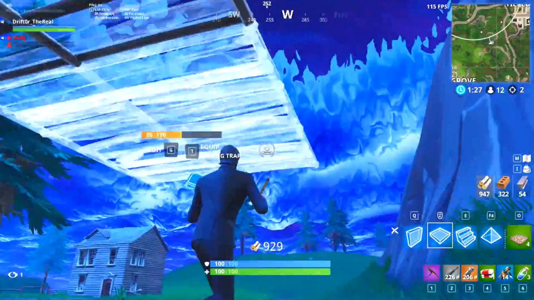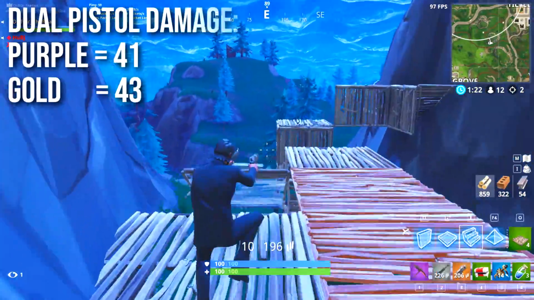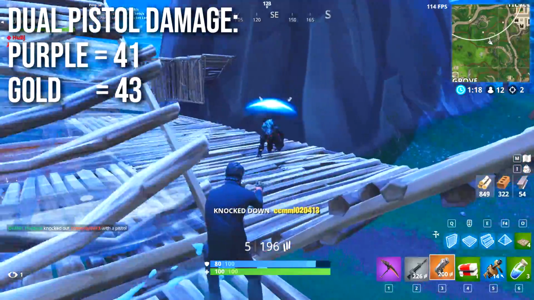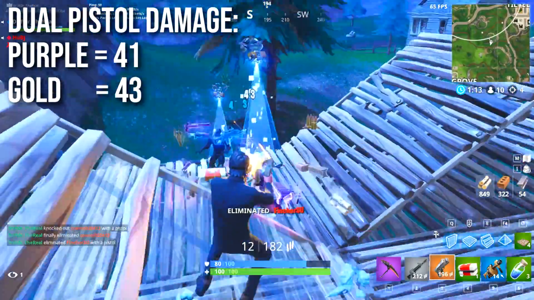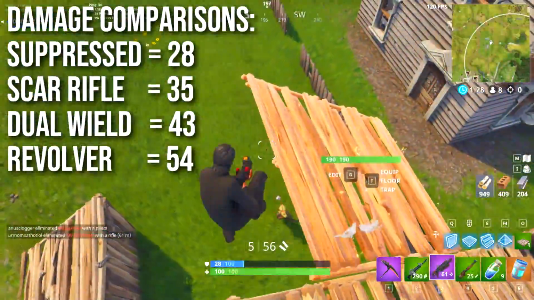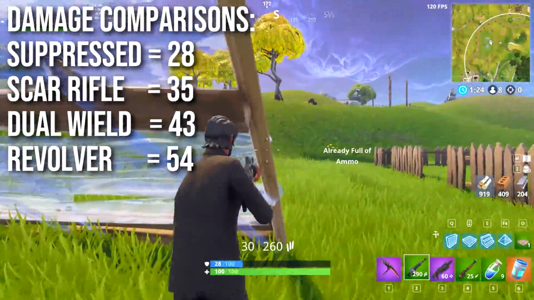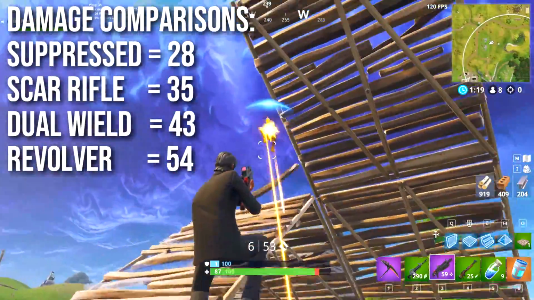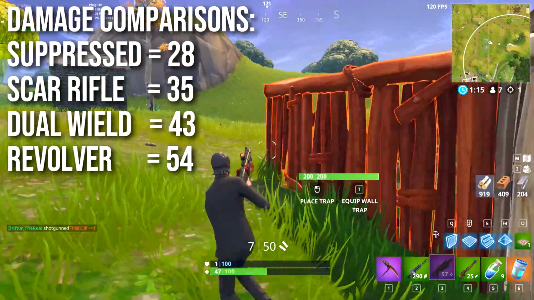Let's talk about the damage first. If you're getting body shots with the dual pistols, the purple ones will deal 41 damage per shot, and the gold ones will deal 43 damage per shot. This is incredibly high for a pistol. It does use medium bullets, so that makes sense instead of the light ammo, but for comparison, a suppressed pistol will deal 28 damage, a SCAR rifle only deals 35, the dual-wield pistols can deal up to 43 damage per shot, and a revolver is 54. So you can see the damage on these guys sits very comfortably between the SCAR and the revolver,